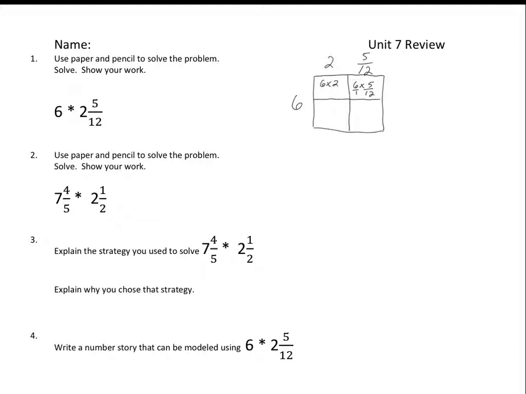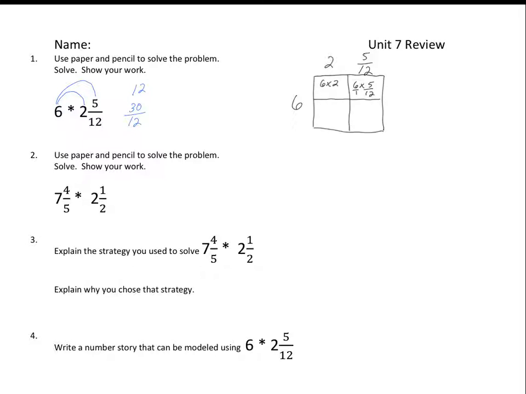Today we'll be working through our Unit 7 review. For number 1, we need to do 6 times 2 and 5/12. So there's two ways to set up this problem. One is to take our 6 and multiply it by 2, which gives us 12. And then we can do 6 times 5/12, which gives us